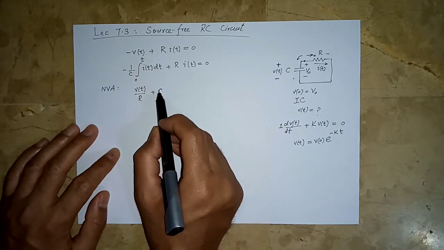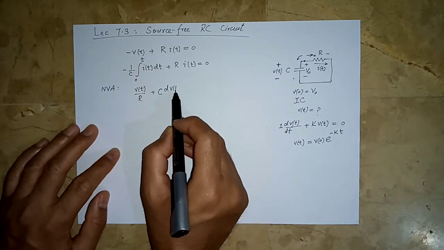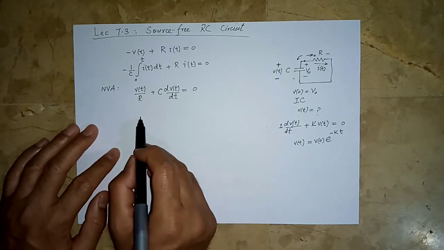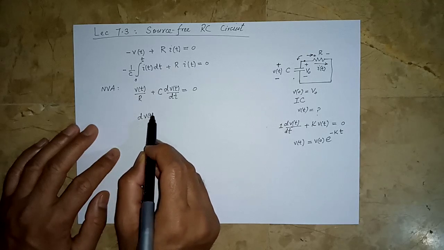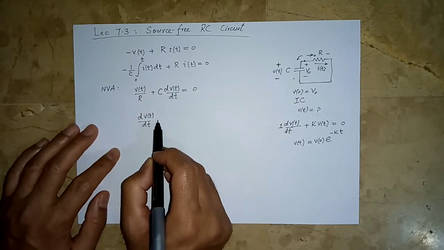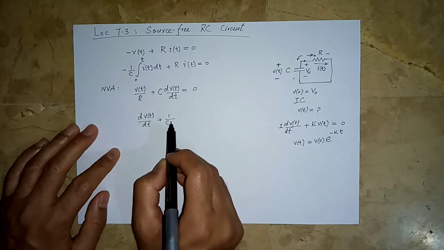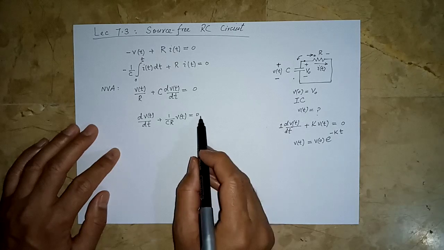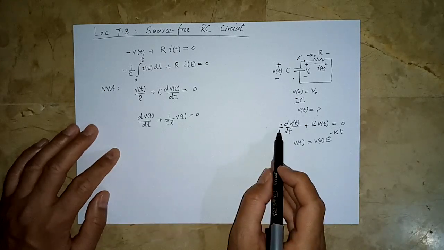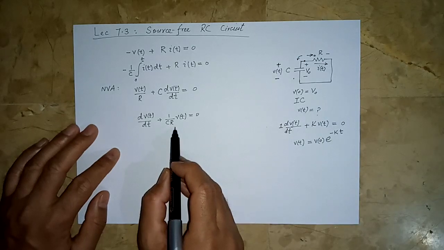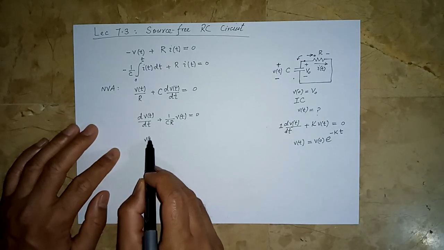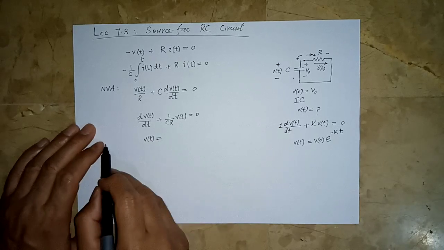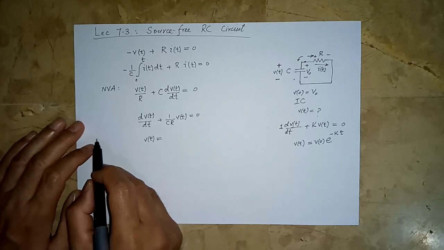So that is C dV by dt equal to 0. So what do we have here? dV by dt plus 1 over CR Vt equal to 0. Look at the similarity with this equation. We have 1 here. The constant is 1 over CR. So therefore, without any further delay, we can straight away say that the transient response or the natural response is,